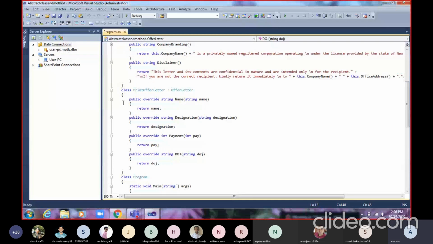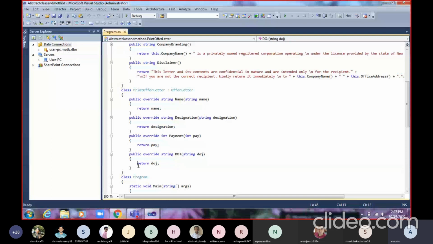Return type string, name: this method will receive one name and return that name. Designation overrides the base class method, receives one designation variable and returns that designation. Same override for pay, int is the return type, it receives one pay and returns that pay. Same with date of joining, it receives one date of joining and returns it.